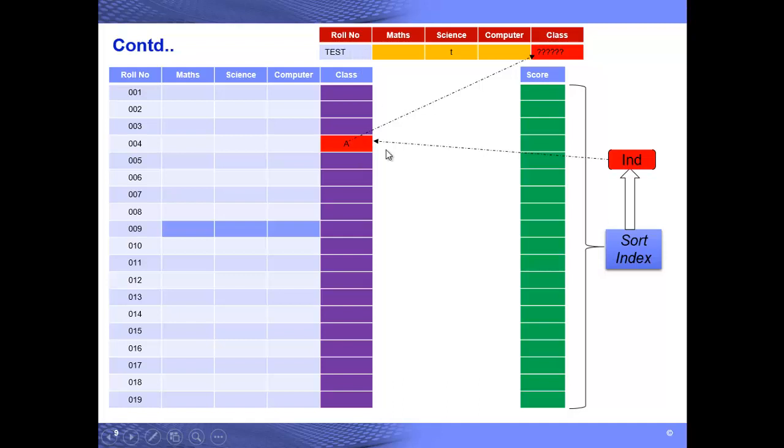Now let's say we got all these scores by index, we sorted them out, and we found that the fourth one is the least. So the index will be equal to 4.